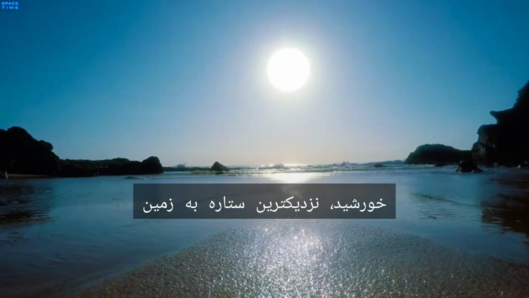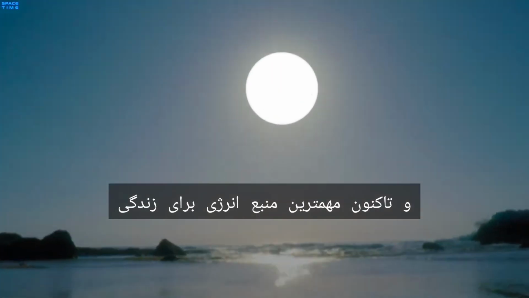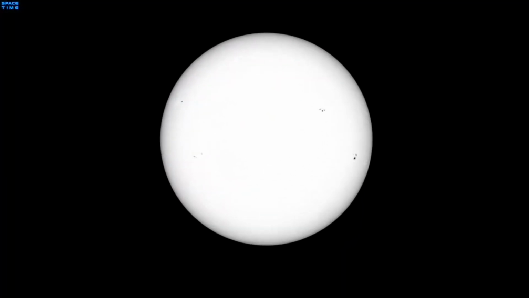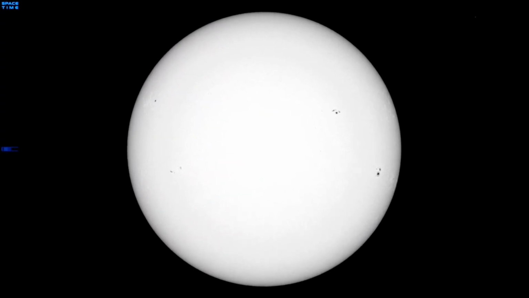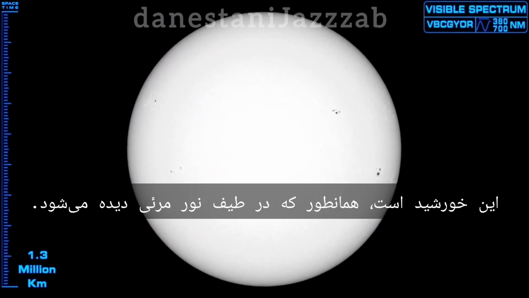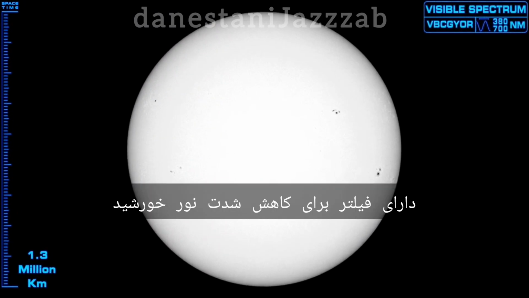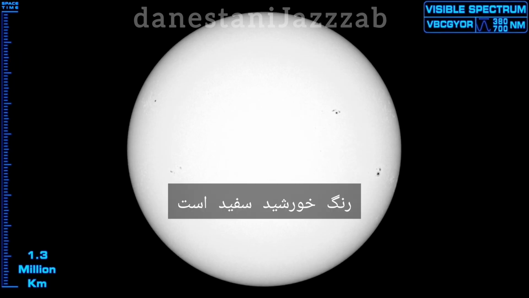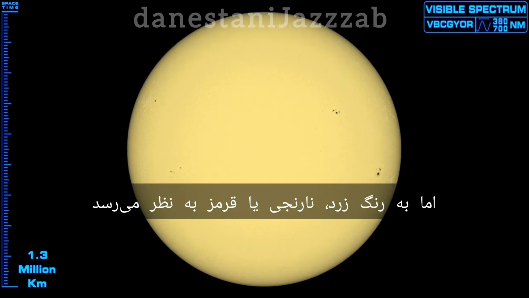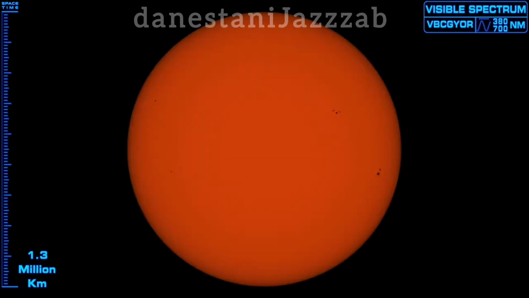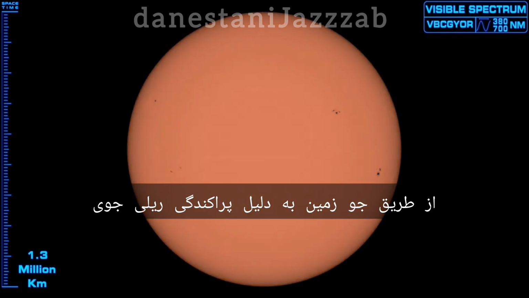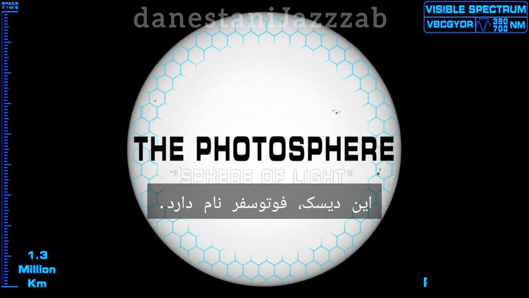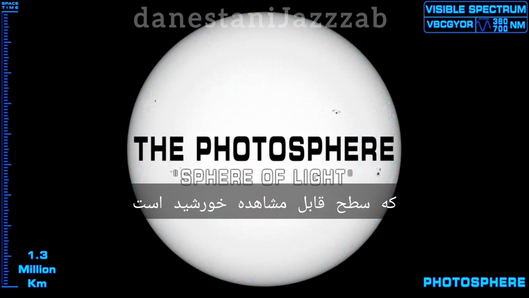The sun, the nearest star to Earth, and by far the most important source of energy for life. This is the sun as it appears in visible light spectrum, with a filter to reduce the intensity of sunlight. The color of the sun is white, but it appears yellow, orange, or red through Earth's atmosphere due to atmospheric Rayleigh scattering. This disk is called the photosphere, which is the visible surface of the sun that we are most